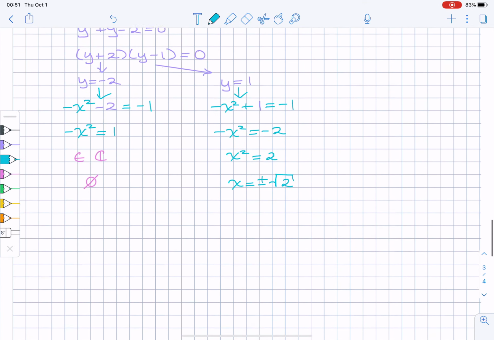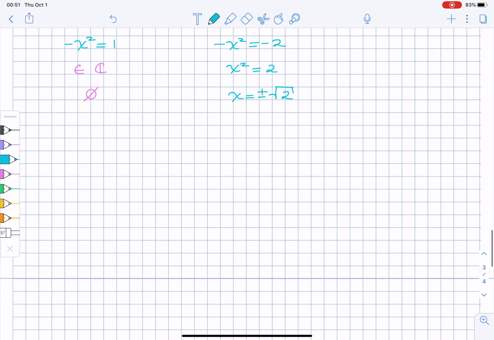Okay, so y is 1, and x is either plus root 2 or minus root 2. And there we are. These are the 2 points where,